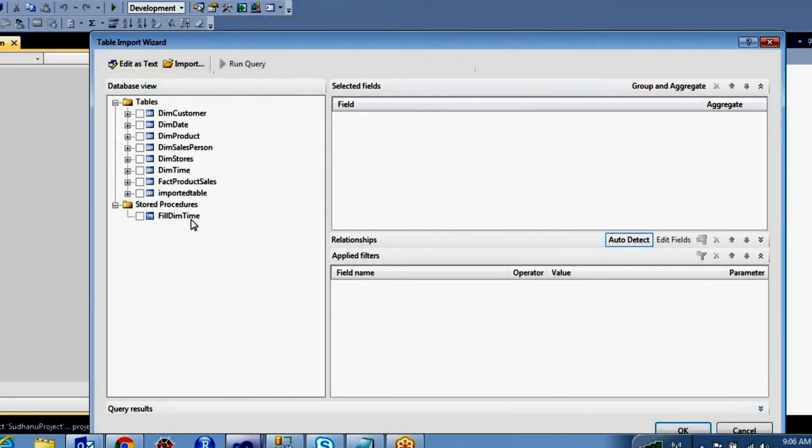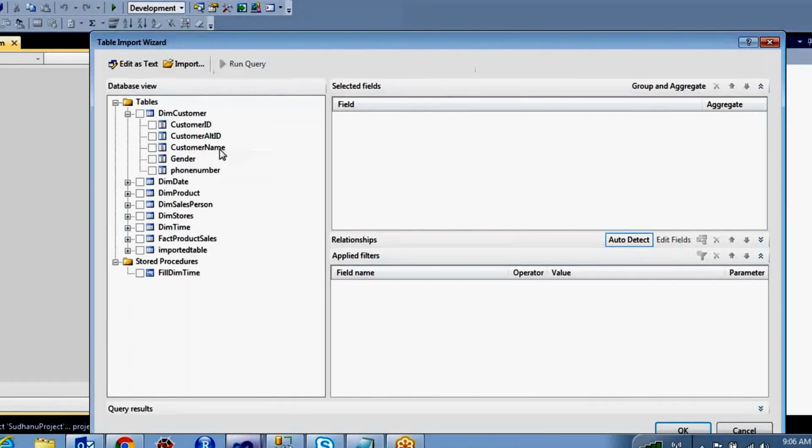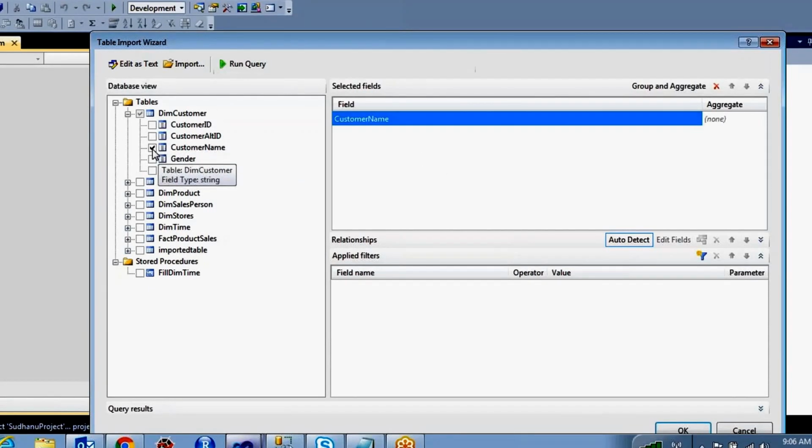And if you have any stored procedures, you can use the stored procedure as well. For example, if you want the customer name, you just drag and drop it over here. Select the customer name from here, and the list of fields comes over here.